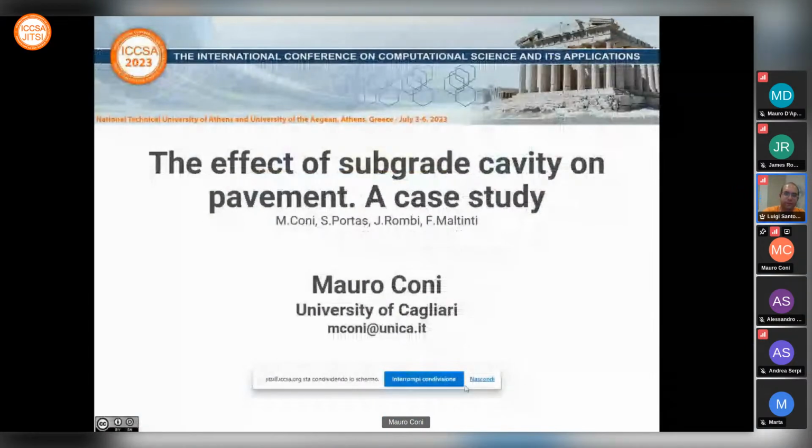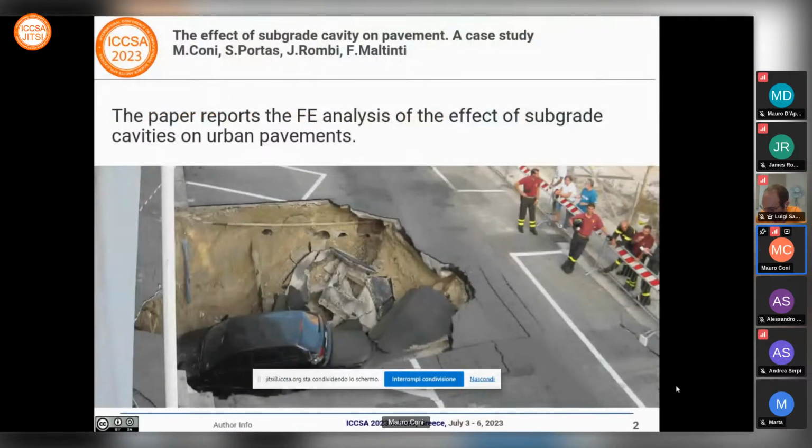Okay, perfect. Thank you so much. First of all, I want to thank my co-authors, Silvia Porta, James Rombi, and Francesca Maltinti. The research is related to the effect of subgrade cavity on pavement, a case study. The paper investigates through finite element analysis the effect of subgrade cavity on urban pavement, modifying the dimension, size, and